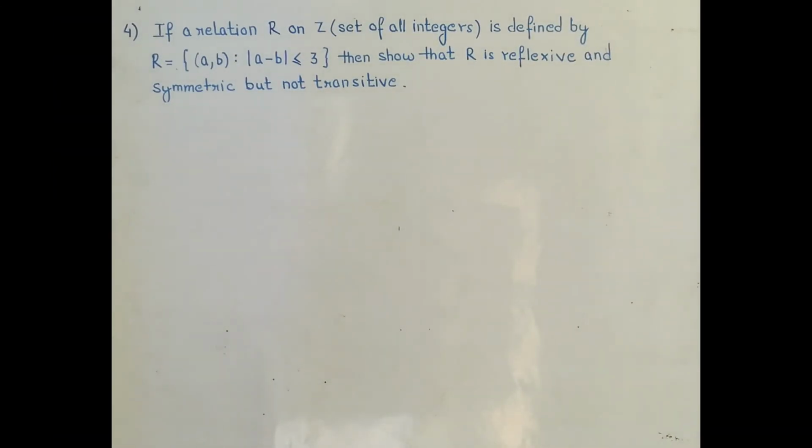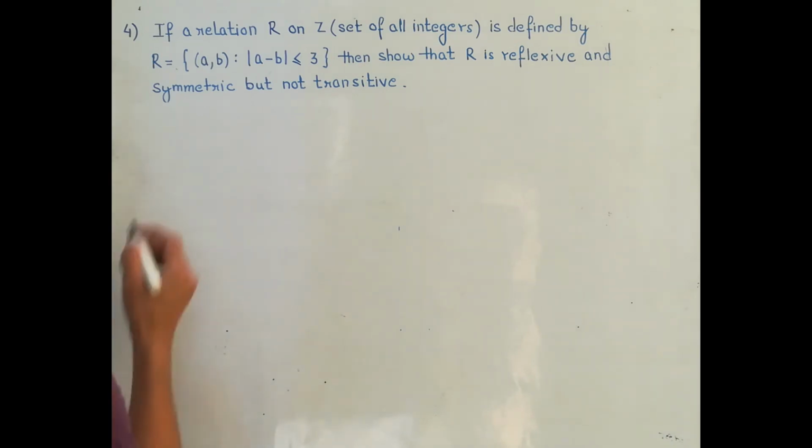In this question, we have to prove that the relation is reflexive, symmetric but not transitive. Remember, whenever we have to prove a relation to be true, then we have to prove it by definition. And when we have to prove it not to be true, then we prove it by giving an example. So here the relation is to be proved reflexive and symmetric, so it will be done by proving the definition. So let's see how we will solve it.